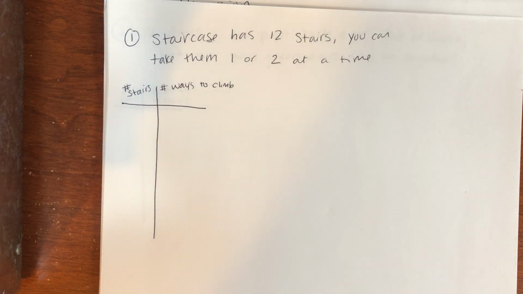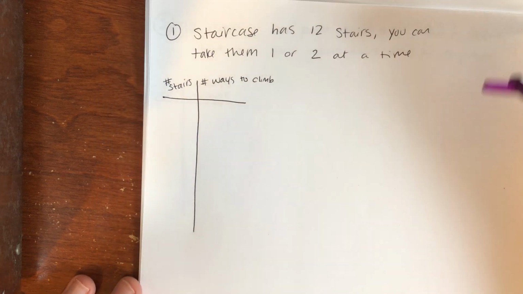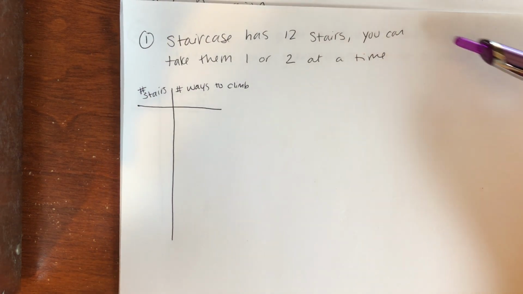So the last section in chapter 2 has to do with recursion. And the warm-up problems all have something in common. Hopefully you were able to get through them and see what they have in common here. So in the first problem we have a staircase of 12 stairs, and you can take each stair 1 or